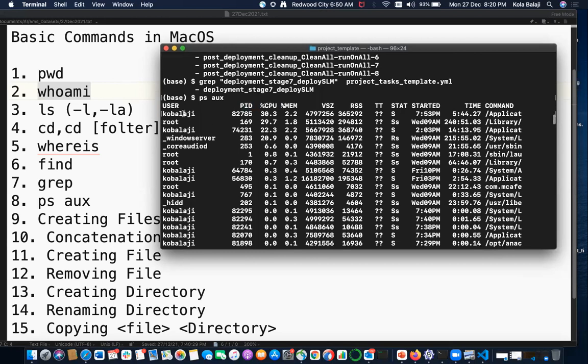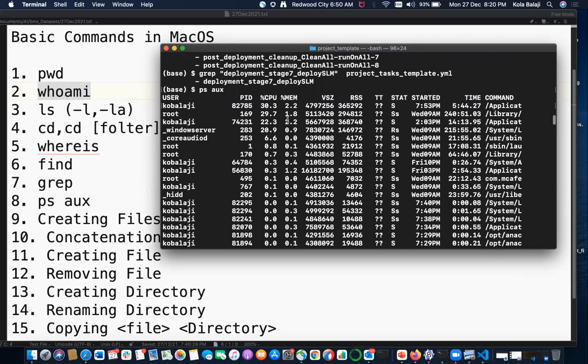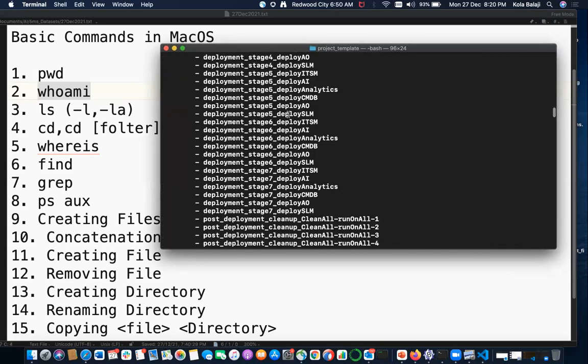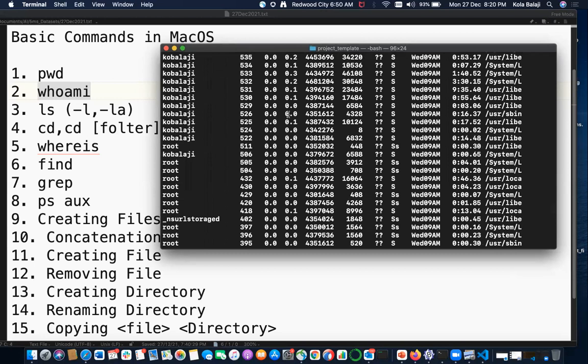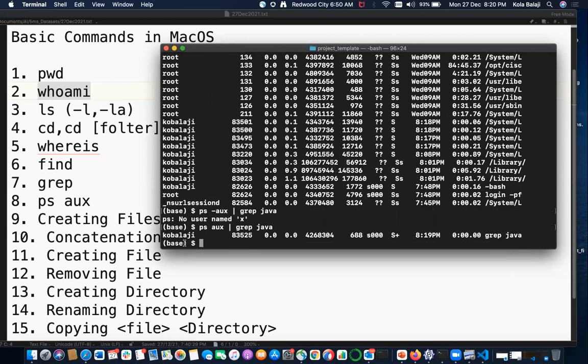Okay, this is the complete list of information we can get: where it is running, what the PID is, how much CPU it is occupying, what memory it is occupying on this instance. This is the way we can use this ps-exec command. Okay, I will go through more detail in coming videos.